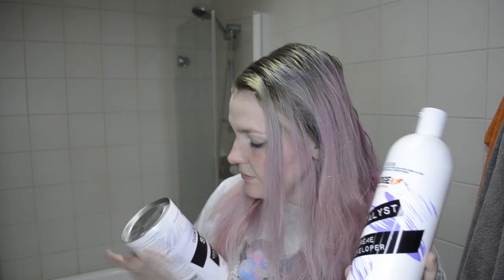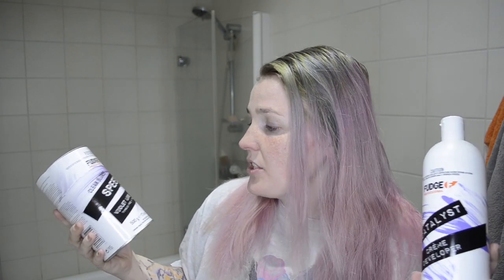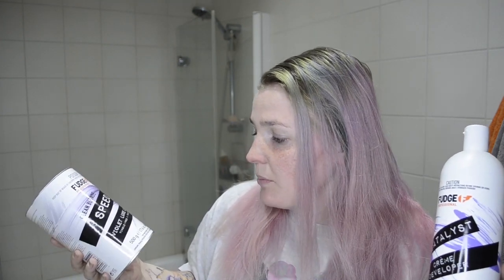So I'm using the same developer and bleach that I always use. This is the Fudge Professional Clean Blonde Speed Plus Violet Luxe Lightener with a tingle-free and fume-free formula, and then the Catalyst Cream Developer in a 20 volume. So I'll just be mixing these 1 to 2 as the instructions say, and then I will be right back